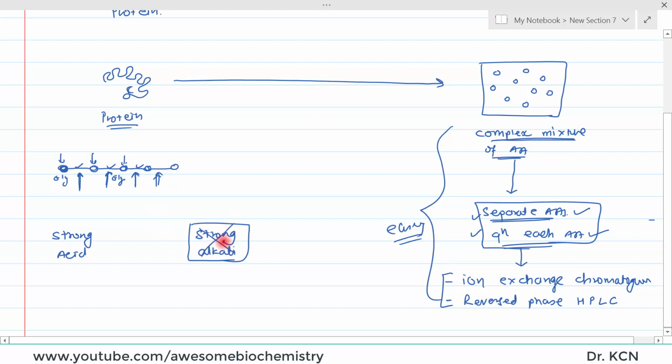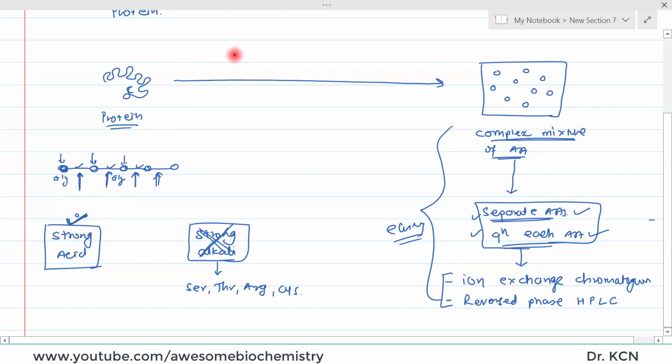So strong alkali is out of the question, particularly because when you use strong alkali, serine, threonine, arginine and cysteine, these 4 amino acids, are rapidly destroyed. So strong alkali treatment is not preferred. What about strong acids? Strong acids are preferably used because they do not have this disadvantage. But strong acid has a different set of problems, and these problems have solutions available. So we prefer using a strong acid.